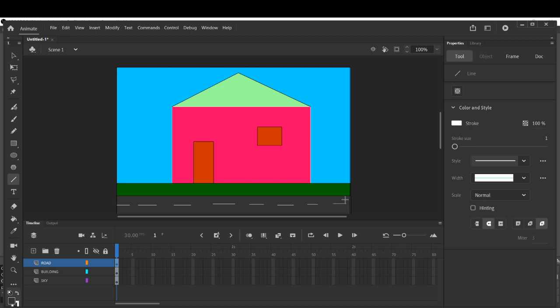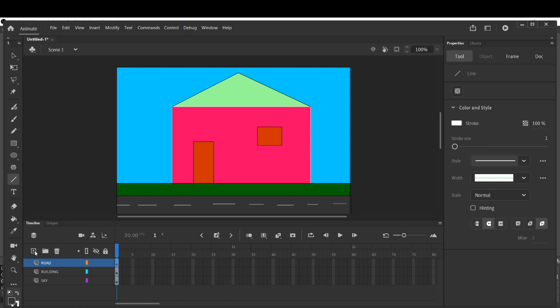Now on this road we have to insert a car. In your book they have drawn it and converted it into an object. But what I will do, beta, is insert an object, the car which I already downloaded from the internet and saved on my PC. I will use that car only.